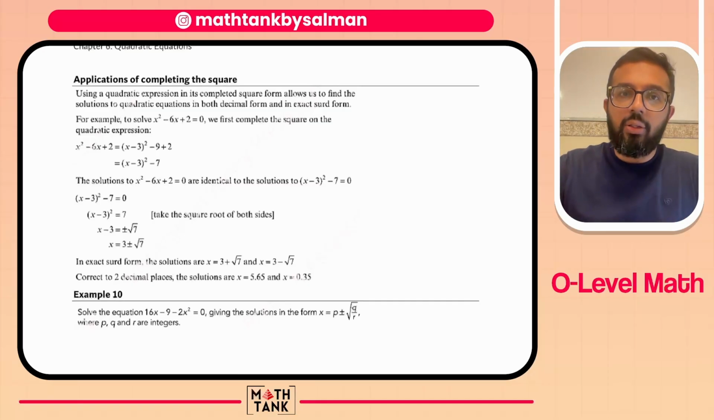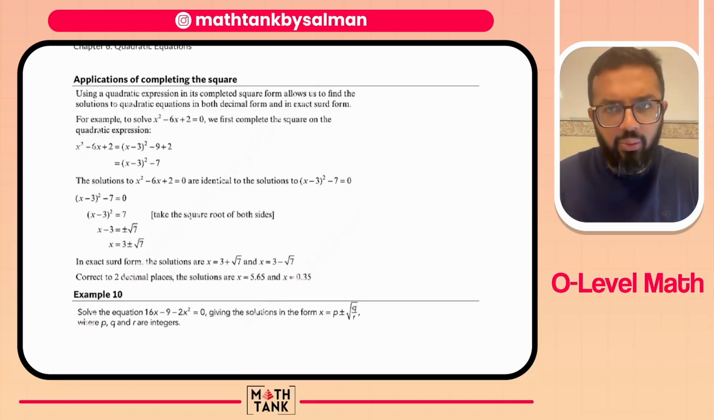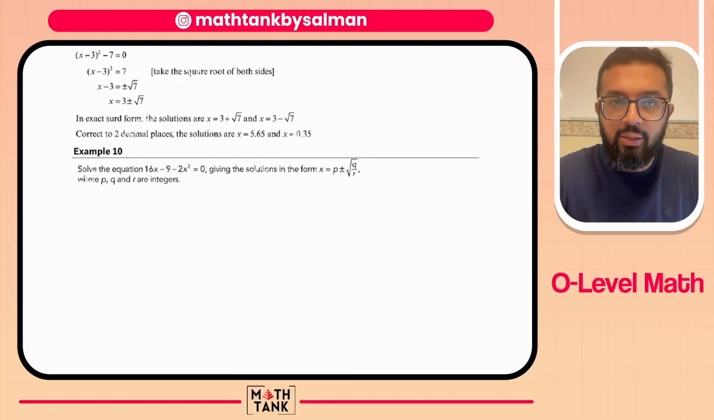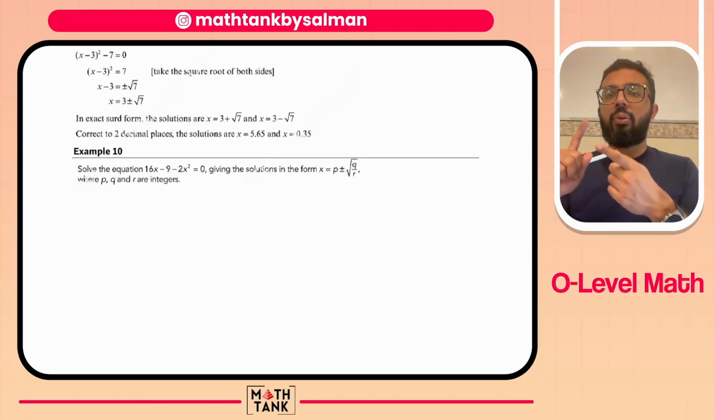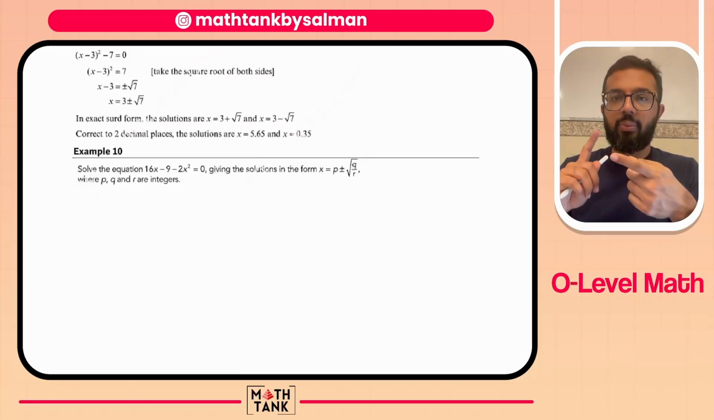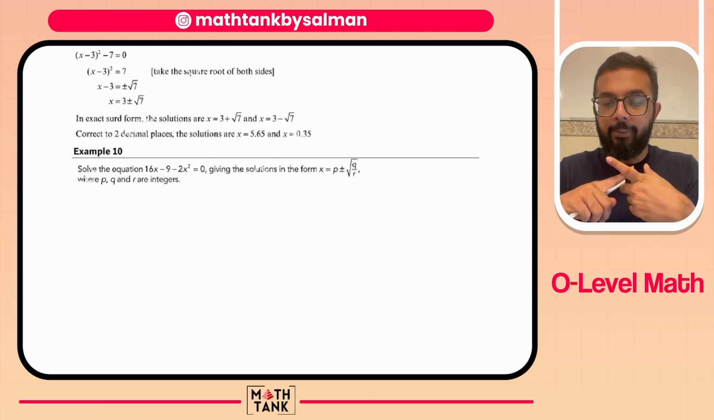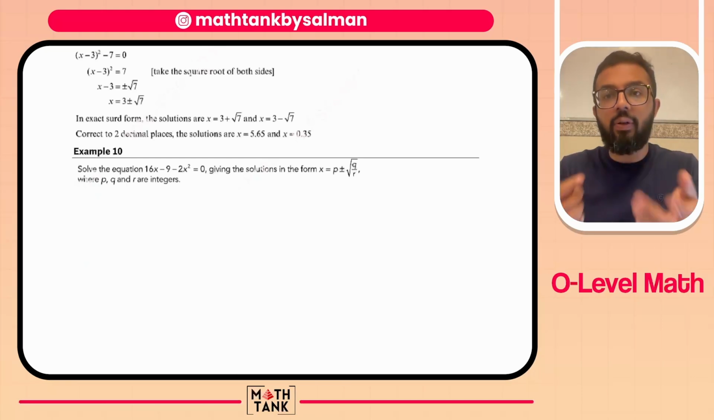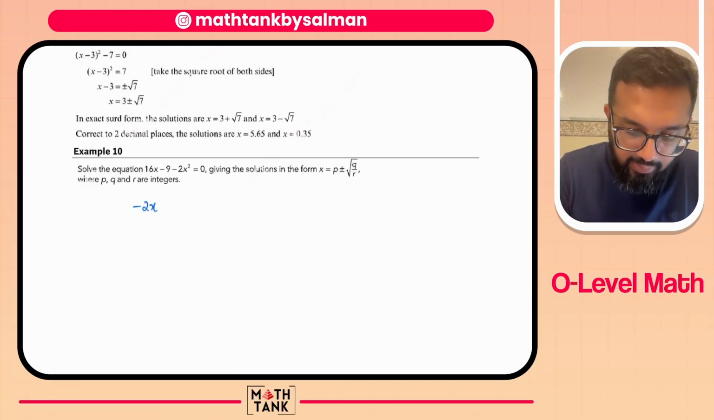Okay, this question says applications of completing the square. It says using a quadratic expression. So what the question is telling you is that this can be used to solve quadratic equations as well. So you've learned three methods for now. The first is by factorization, the second is by quadratic formula, and the third is by completing the square. How do you solve it by completing the square? Let's look at that. Okay, so I have this